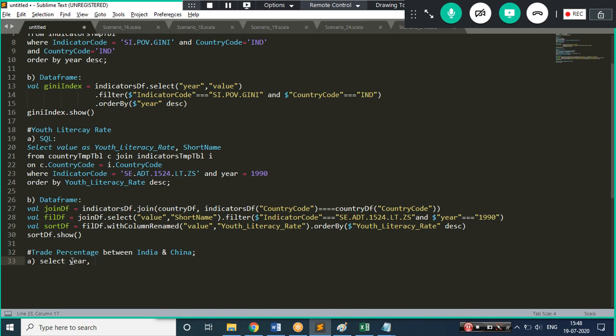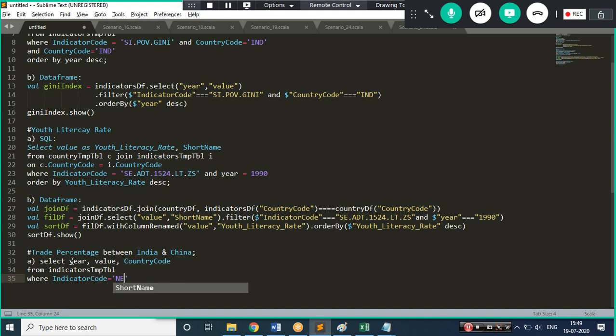It is giving me a recall of those two things only, and I'll also display the country code. And from which table will I be taking? My temp table was the indicators temp table. Yes, the table was there, and let me apply a where clause on my indicator code, and this indicator code is something related to any TRD, which I am able to recall.